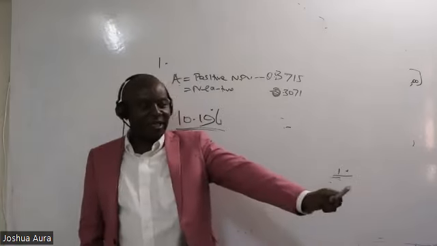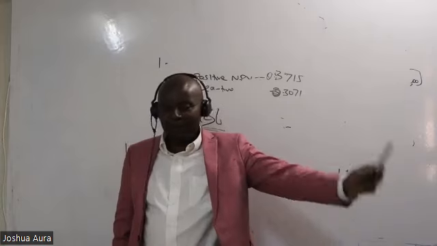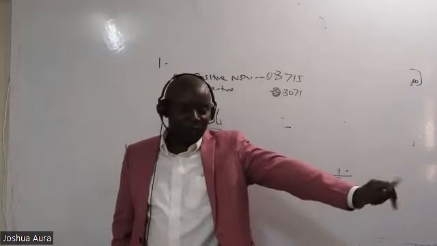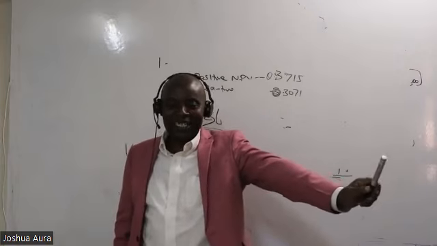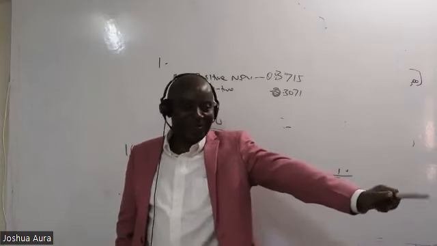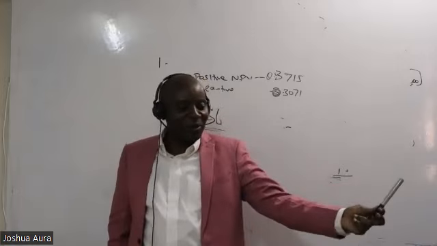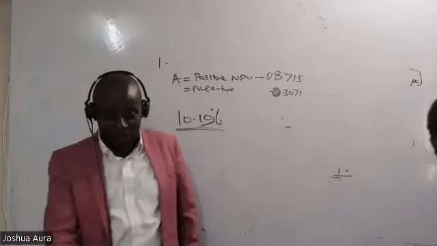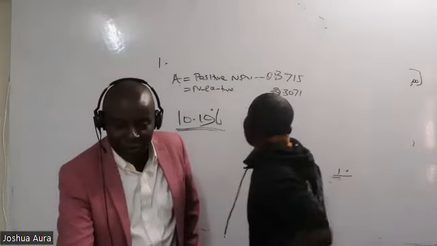So my brother, here, you get this right, you get 1,000 bob on the board. Formula IRR. This your turn is coming. Hata ukikosea, so what? So 1,000 bob for you. All right. If you get IRR